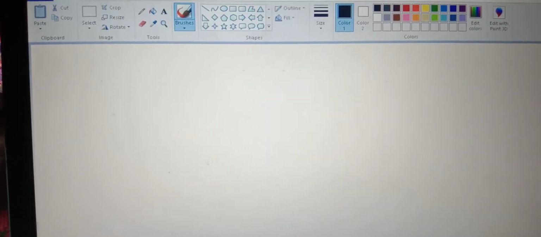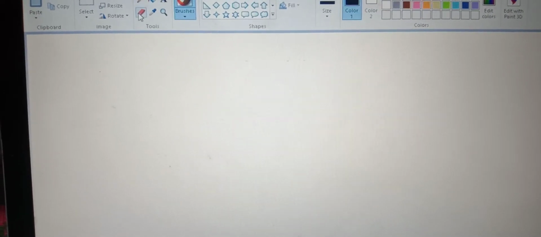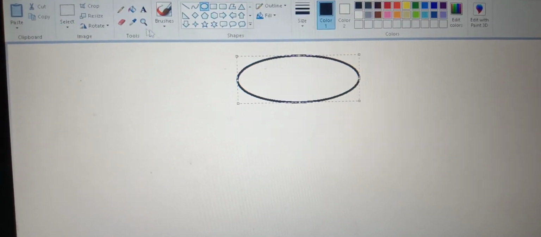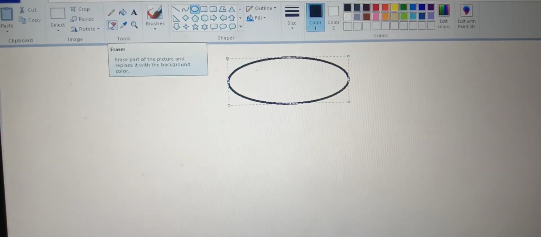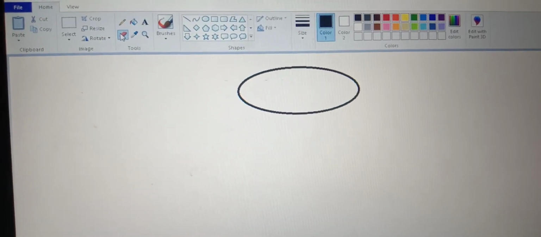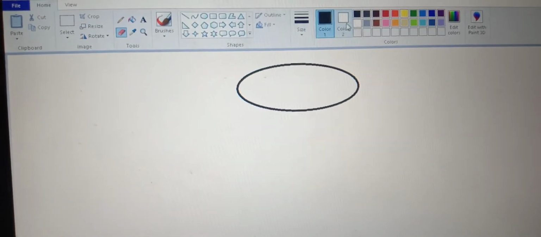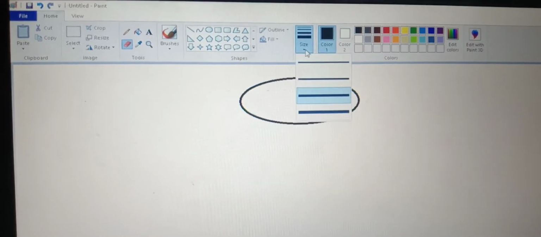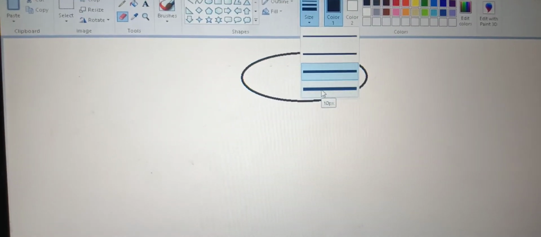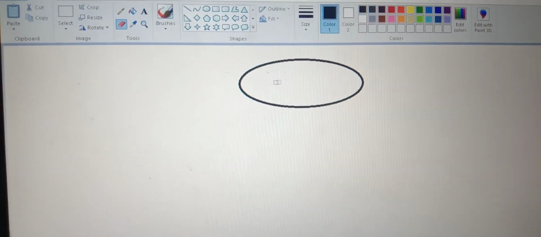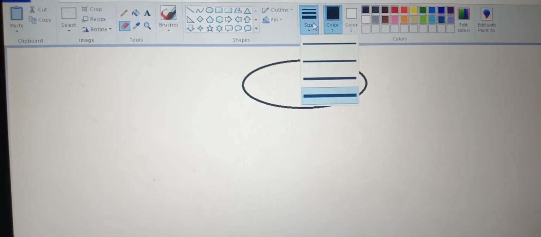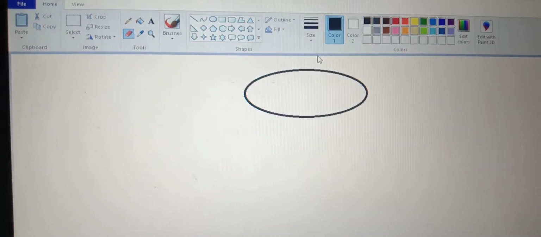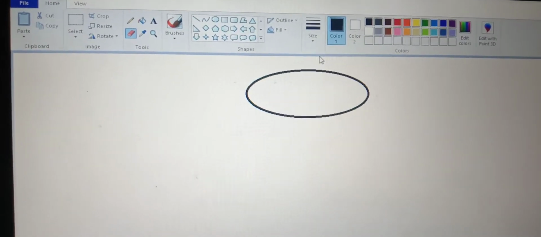Children, this is our Paint window and this is our eraser tool. You can choose any shape for drawing. After drawing, you just click on the eraser tool to select it. We selected it. That's all. And we have the sizes here. If you click this button, you will get a number of sizes. You just click a size and the size of the eraser will change. If you feel your size needs to be decreased, you can decrease it. It is manual. And you can use the shortcut keys also.